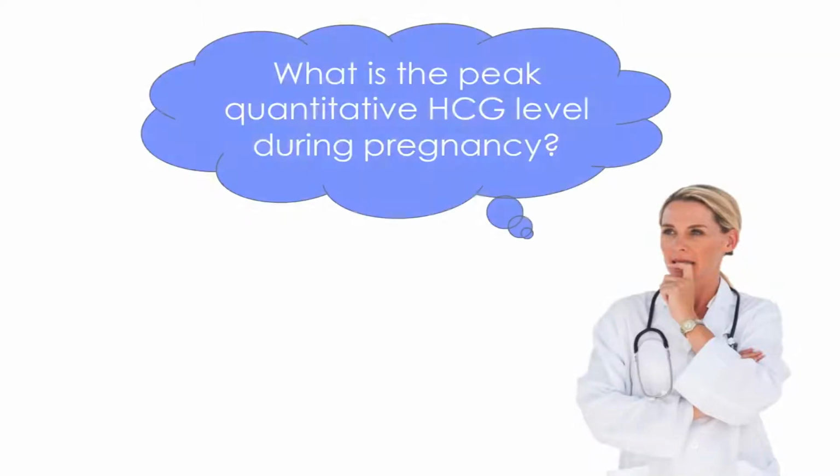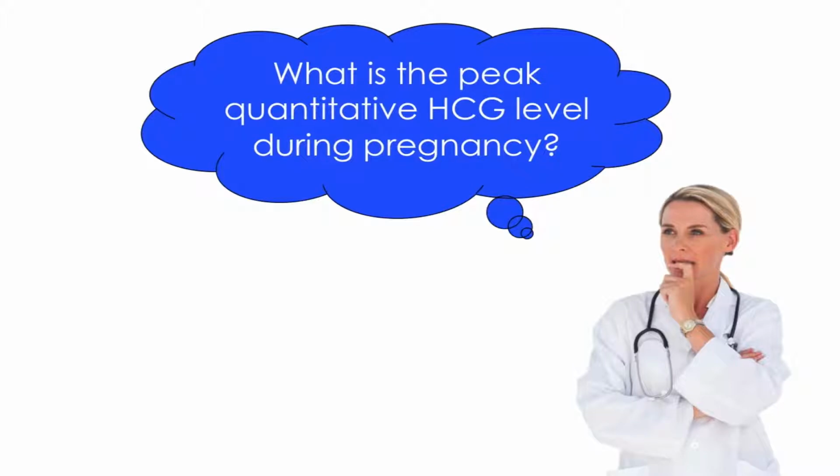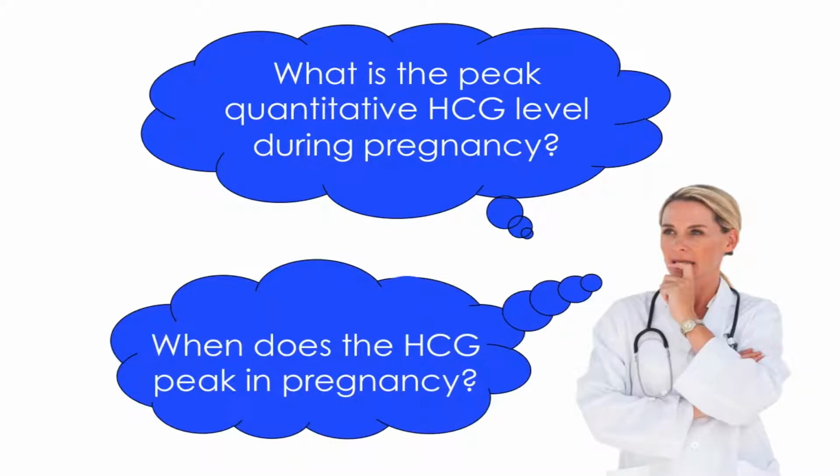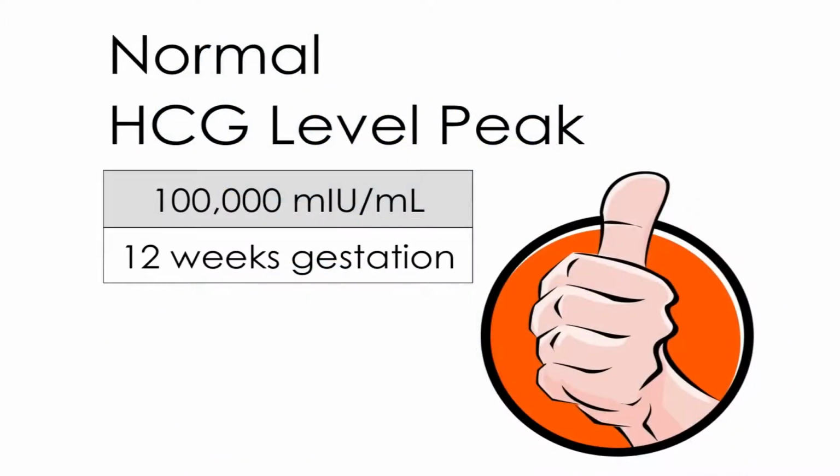This brings up an important consideration with regard to HCG levels in pregnancy. What is typically the peak quantitative level of a single normal intrauterine pregnancy, and when does the HCG level peak during pregnancy? For a single normal intrauterine pregnancy, the HCG will peak at the end of the first trimester at about 100,000 milli-international units per milliliter. It is important to be aware of this when using the HCG level to assess the status of any pregnancy,